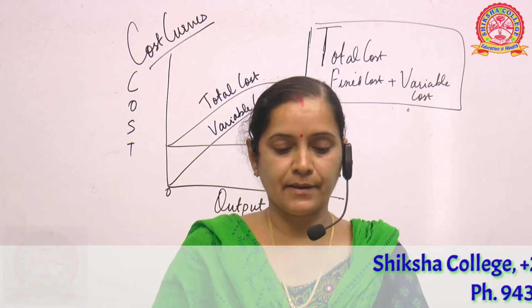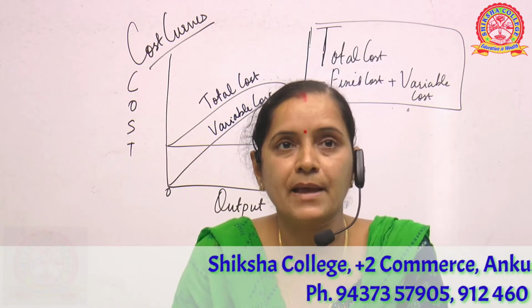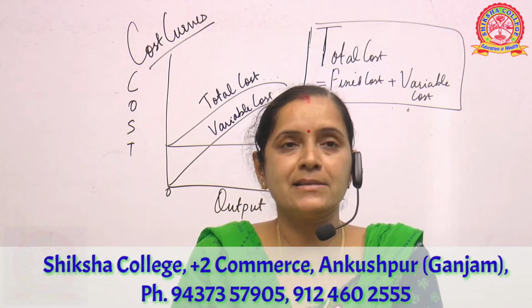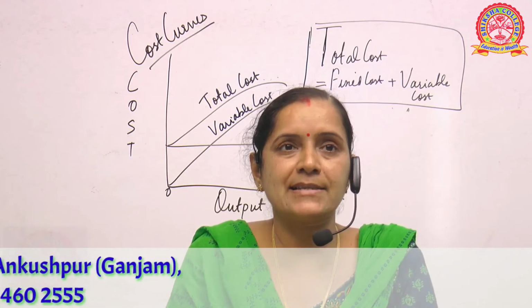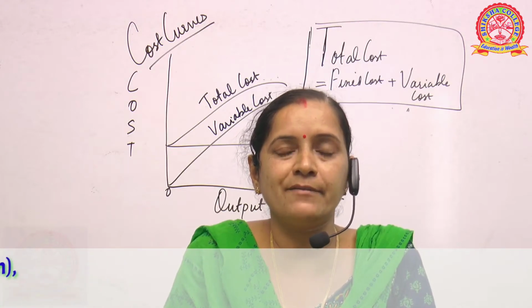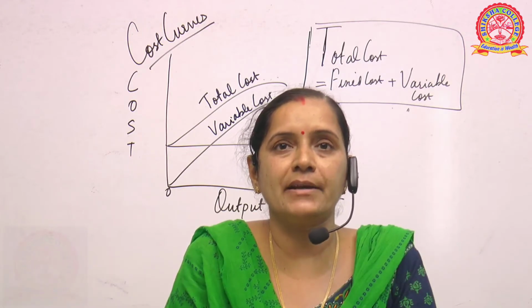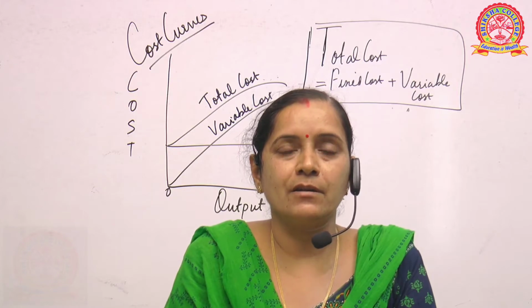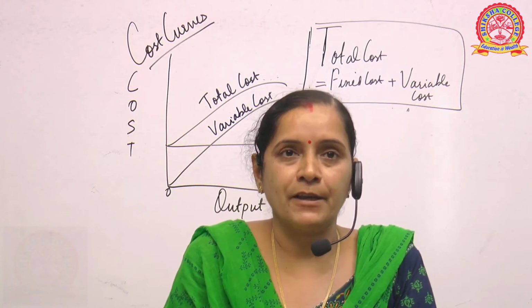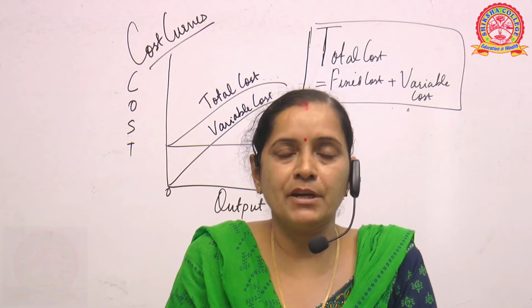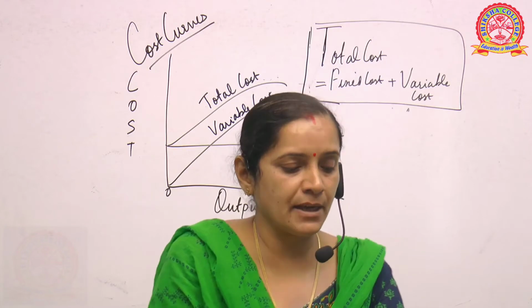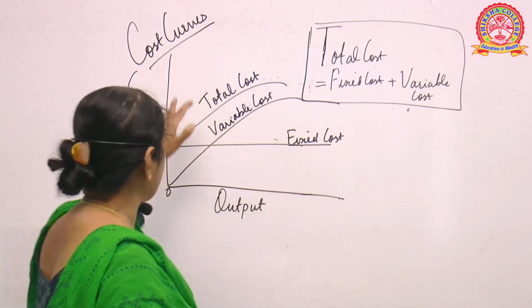Hello friends, okay, so I am back again and let us continue with our discussion further. Now I was explaining in the last class about the cost curves and we have already completed a discussion regarding what is your fixed cost, variable cost and total cost. So total cost is nothing but a combination of your fixed cost and variable cost. So this is how the curve will appear, okay, it will appear like this.